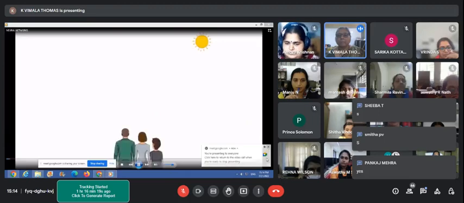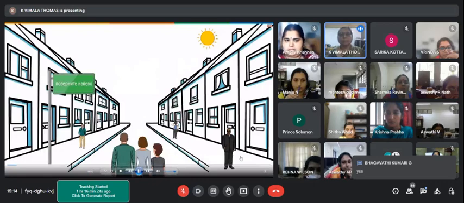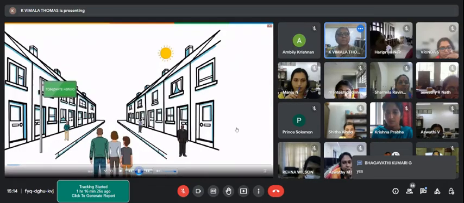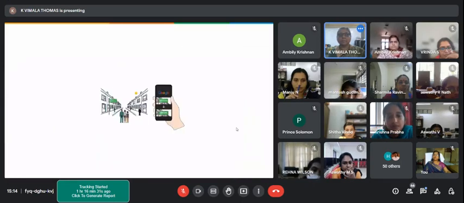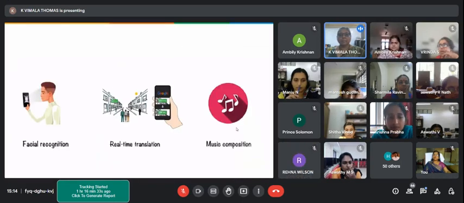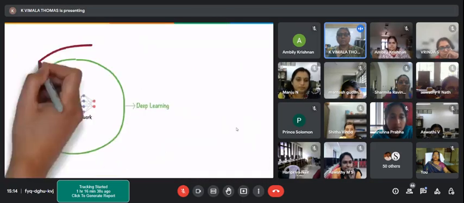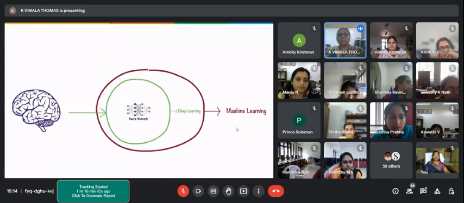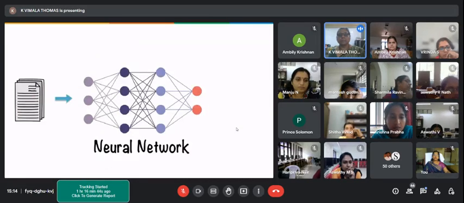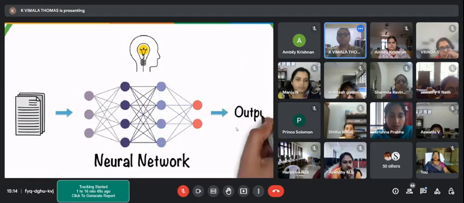Last summer, my family and I visited Russia. Even though none of us could read Russian, we did not have any trouble figuring our way out, all thanks to Google's real-time translation of Russian words into English. This is just one of the several applications of neural networks. Neural networks form the base of deep learning, a subfield of machine learning where the algorithms are inspired by the structure of the human brain. Neural networks take in data, train themselves to recognize the patterns in this data, and then predict the outputs for a new set of similar data.